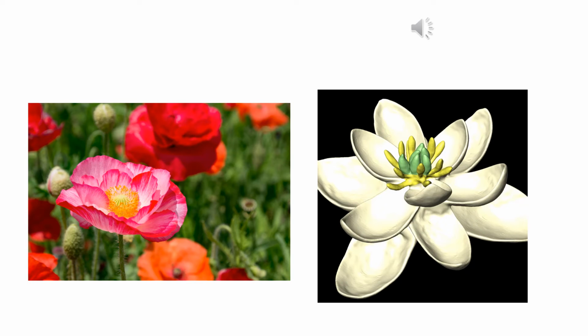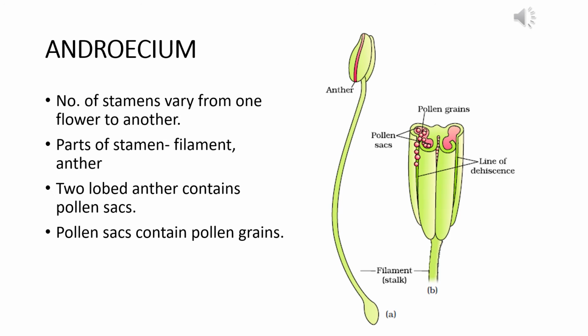On the left hand side, we have the picture of a poppy flower in which we can find double or multiple layers of corolla or the petals. And on the right hand side, there is a picture of a flower which has a spiral arrangement of the petals or corolla. The third whorl, or the inner whorl after the corolla, is the androecium,